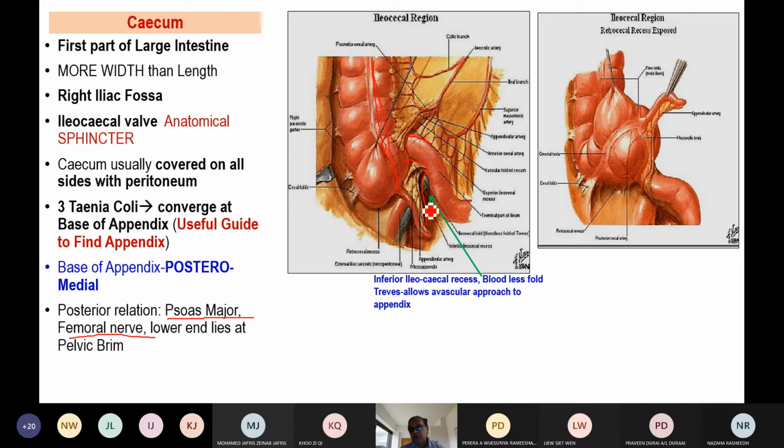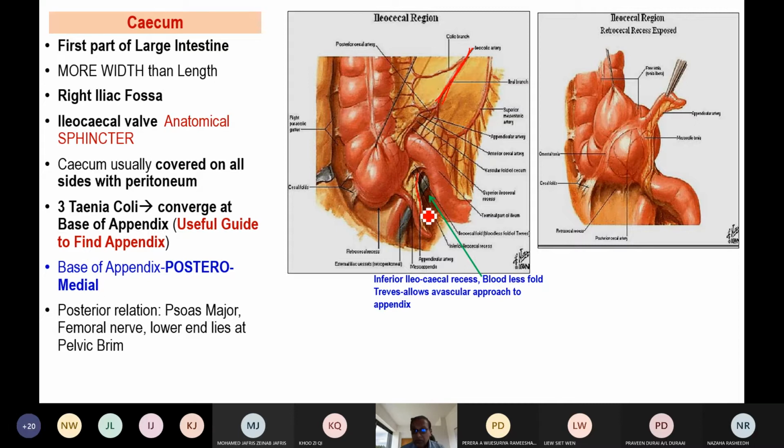And now we are to discuss securing the artery, because as I told you, sometimes they ask about the surgical part. Surgical part means what? When you try to do appendicectomy, you remove the appendix, how will you proceed? Now, we can see here many blood vessels. One of them is the ileocolic artery. The ileocolic artery is the terminal branch of the superior mesenteric, and it gives anterior cecal and posterior cecal branches. It can also give the appendicular artery. You can see the appendicular artery, correct?